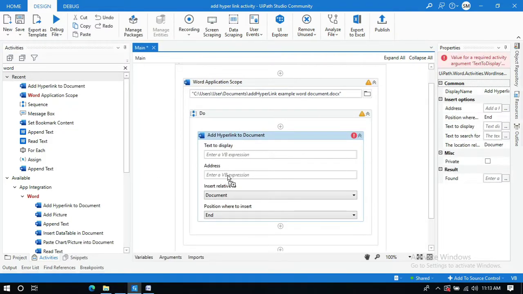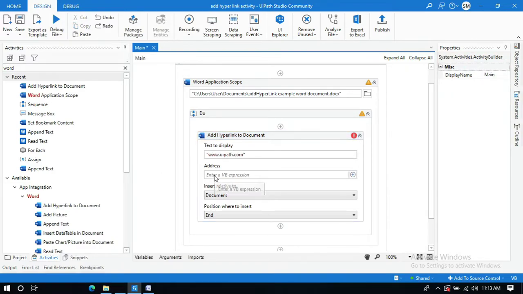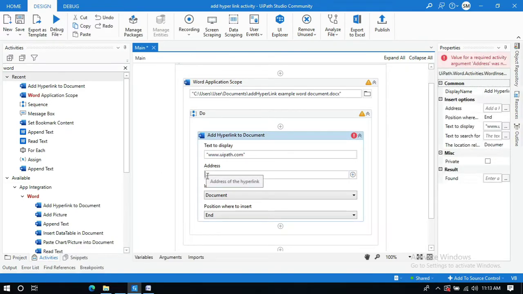I need to fill all these fields. Here you can see the field Text to Display, which is the text displayed in the document that represents the hyperlink. Let me give www.uipath.com. In this field I need to provide the link to which page it is going to open when you click on this text in the Word document.